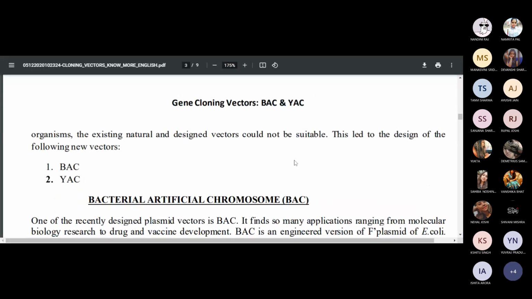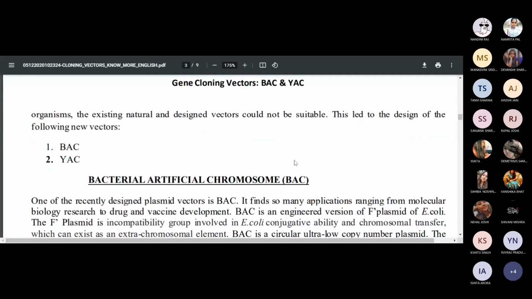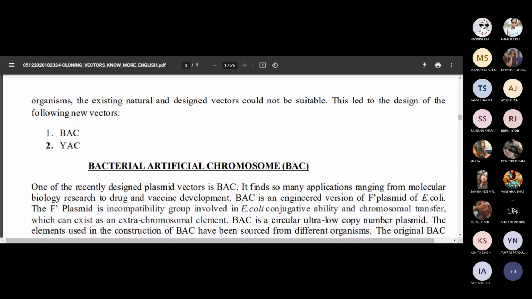So this is about the new vectors that you need to handle such a large genome. For that, the vector is going to be chromosomes, as we know, taking the property from the larger size genome. So what we are going to do here is make sub libraries. Simply, it is easy to handle small DNA fragments rather than large DNA fragments, but again if you are handling small DNA fragments, then the number is going high. So what we can do is introduce something in between.